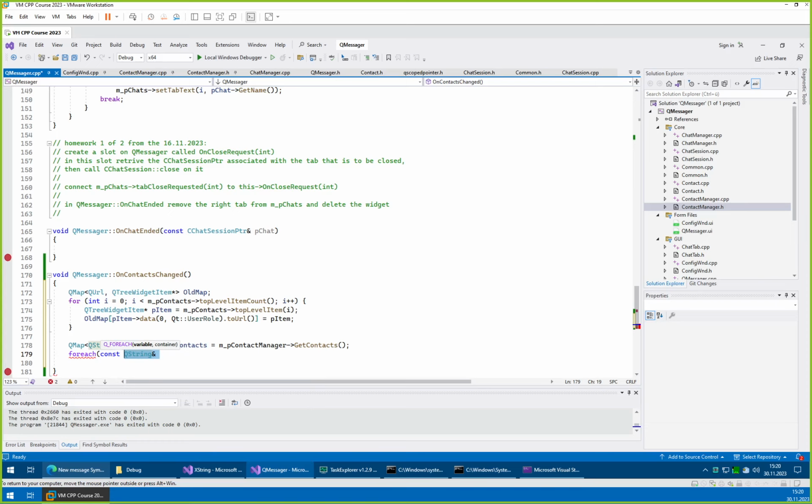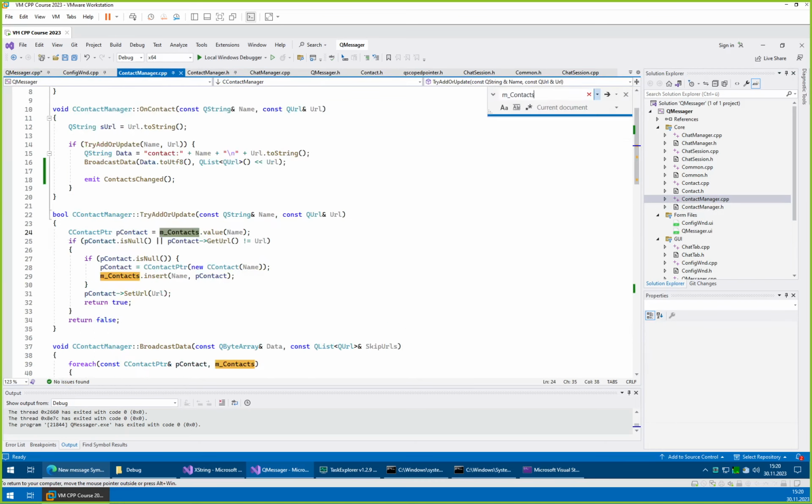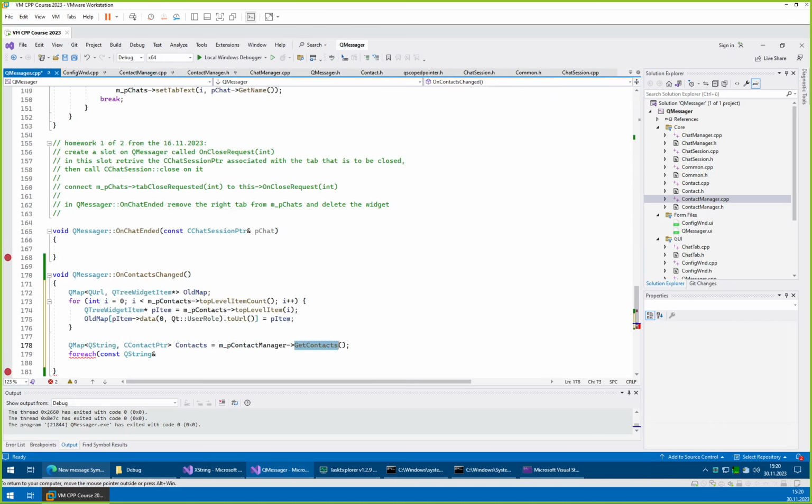Wait, is that sorted by string? Do we want this to be sorted by string? Do we sort by name? Name. Okay, so if we sort by name, in this case we will change this here to QString, and then we'll have everything by name. That's fine as well. To string. Right, QString name comma